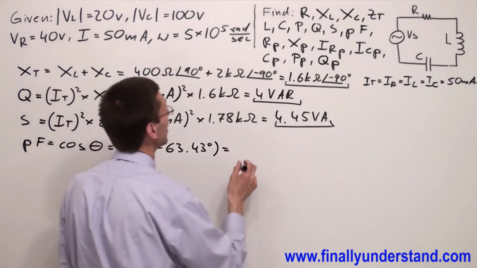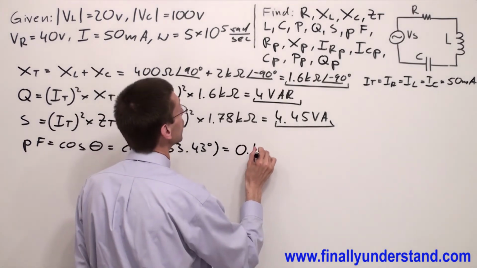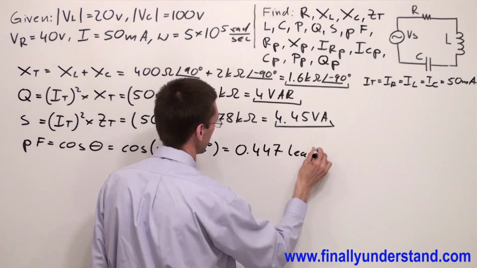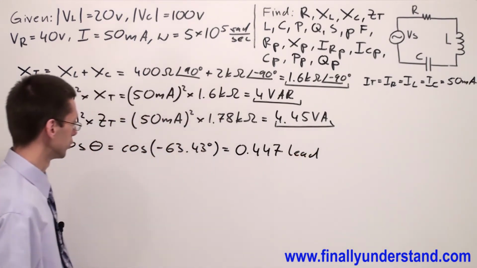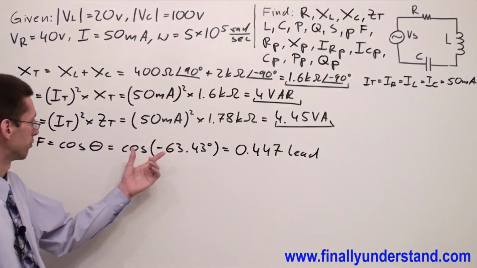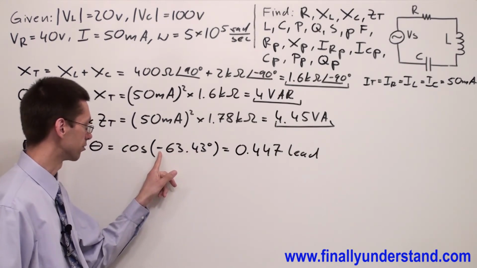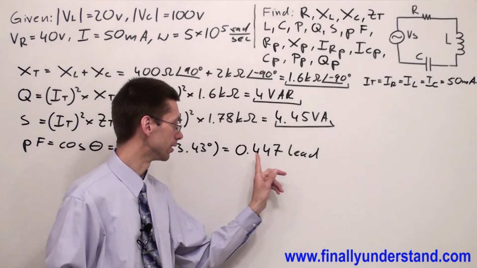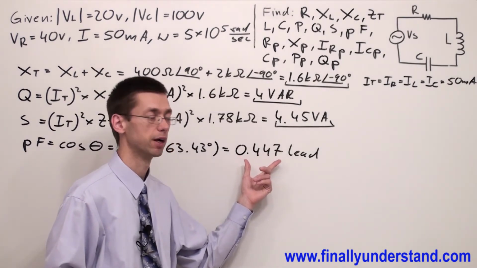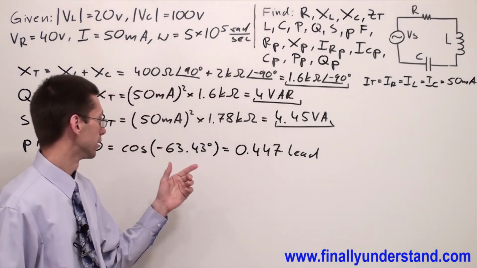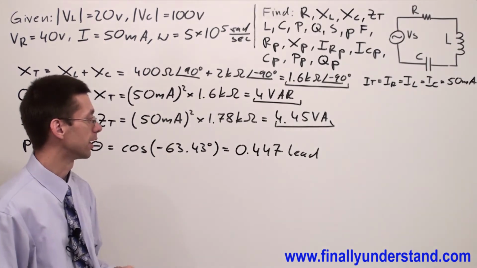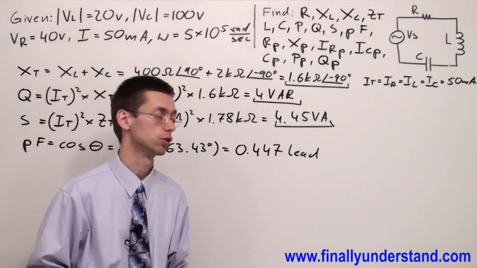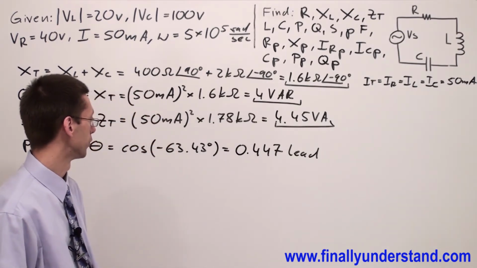This is equal to 0.447 lead. Okay, so this is the angle which I have next to Z total, and because I have a negative sign, I'm supposed to use the word lead next to the value of the power factor. Why? This is telling me that the current in the circuit leads the voltage source by an angle of